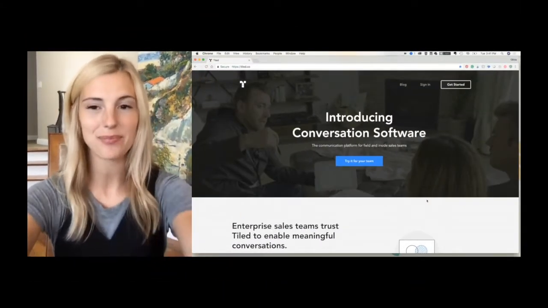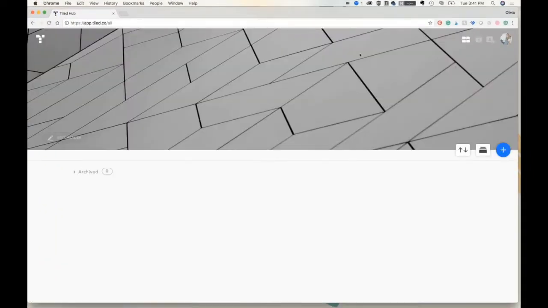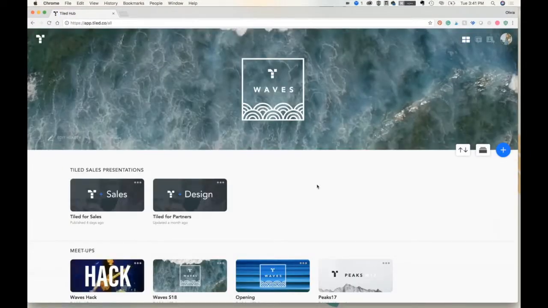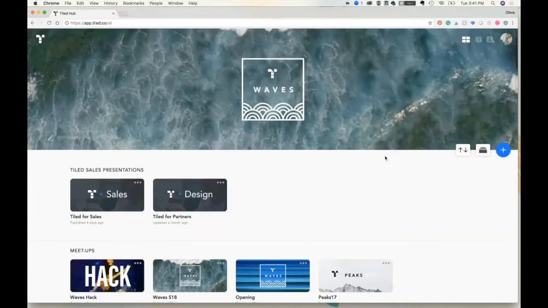So let's get started. You're going to go to tiled.co and log in with your credentials. Once you're in, you're going to see your library. Once you create more MicroApps, you're going to be able to categorize them accordingly. But to create your first, you're going to come over here on the right-hand side and click on this plus